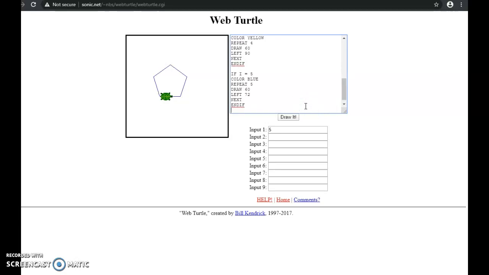Now, the kicker. We'll have to do these separately, but if I is less than 3, or if I is greater than 5, then